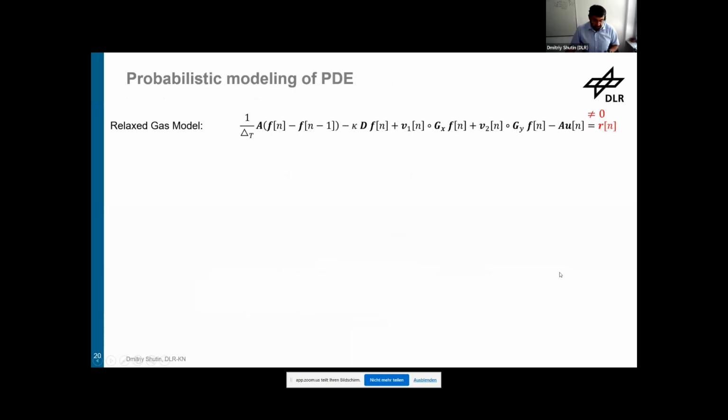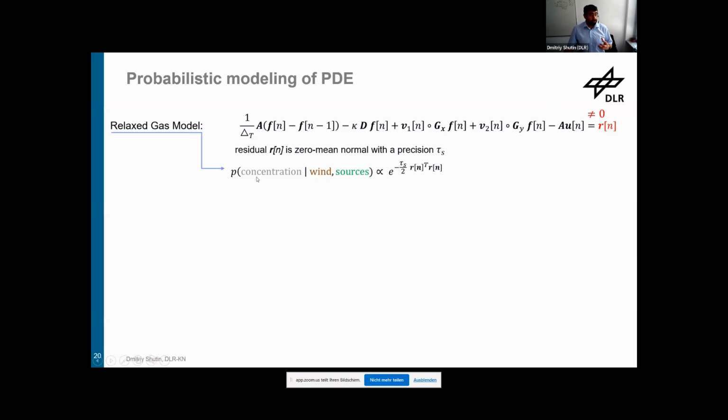Well, as I mentioned, we are going into sparse Bayesian learning. So how does sparse Bayesian learning work? It's a Bayesian approach. So we need to get rid of the classical standard deterministic approach and put everything into a probabilistic framework. How do we do that? Well, first of all, we say our equation, so our advection diffusion or PDE equation, does not hold exactly, but rather it has a certain residuum. So it holds approximately, and the residual signal follows a normal distribution.